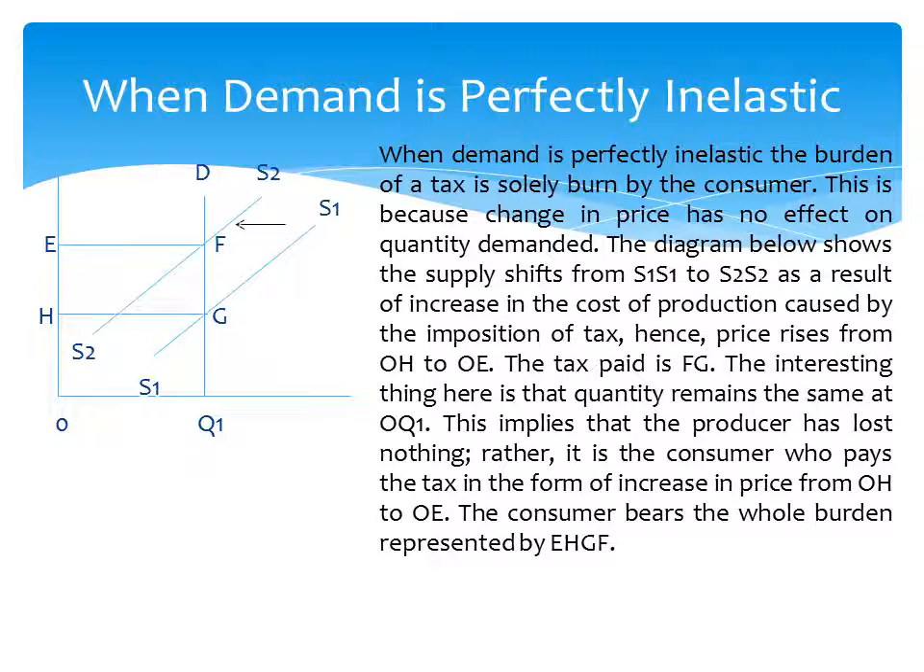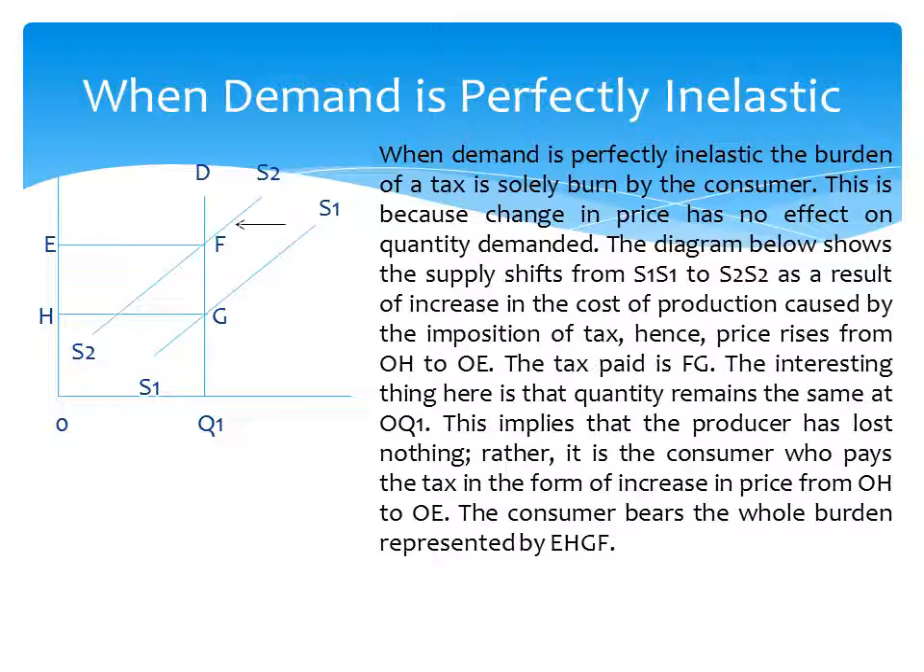Hence, price rises from OH to OE. The tax paid is FG. The interesting thing here is that quantity remains the same at OQ1. This implies that the producer has lost nothing, rather it is the consumer who pays the tax in the form of increase in price from OH to OE. The consumer bears the whole burden represented by